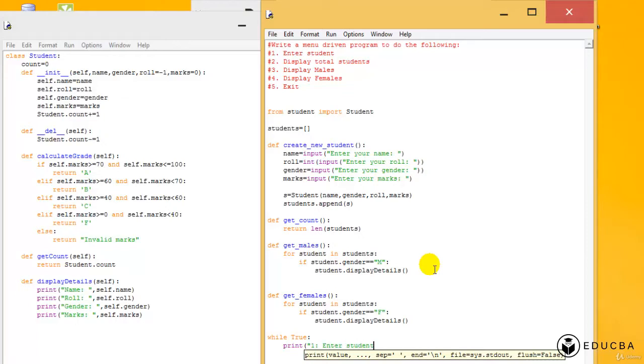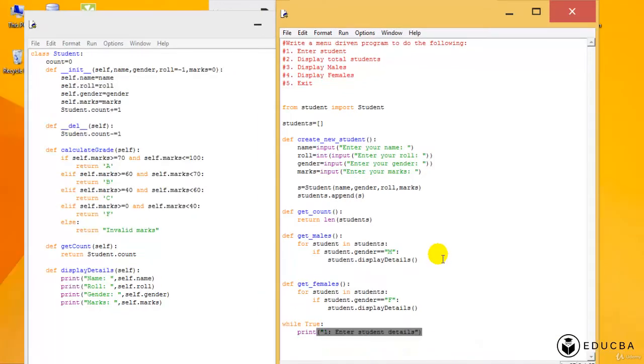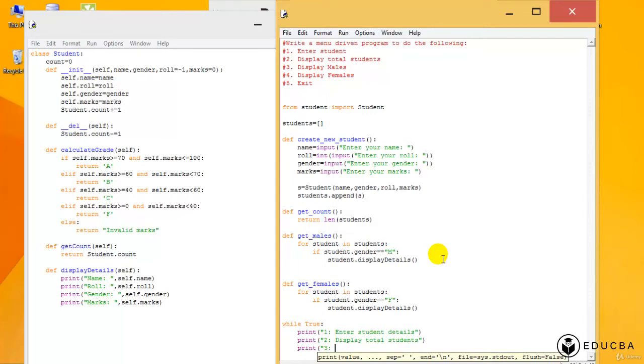student details. Okay. Then he'll say, okay, 2 means display total students. Okay, then we can just say 3 means display all the males,